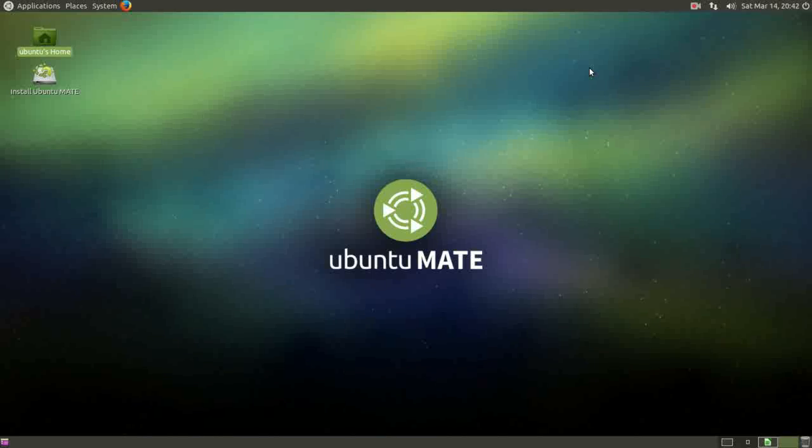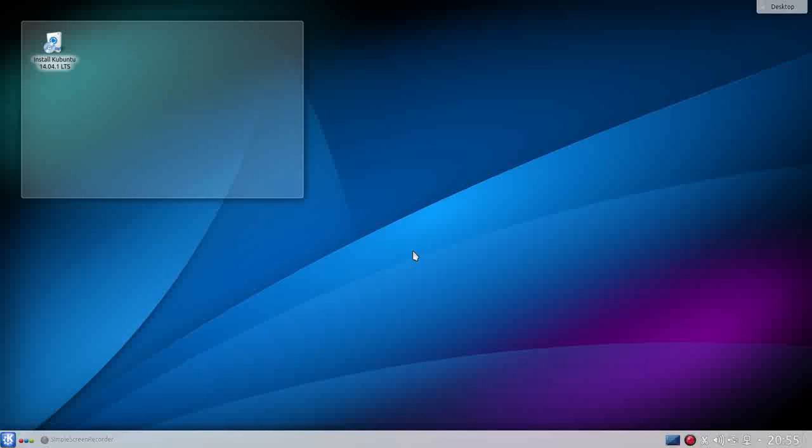and let's take a look at a different version of Linux. This version of Linux is called Kubuntu, which means it's the Ubuntu operating system with the KDE desktop. I want to do the same thing with this version of Linux that we did with Ubuntu Mate. So the first thing I need to do is set up the 4 workspaces. To do that, I'm coming down to these colored balls,